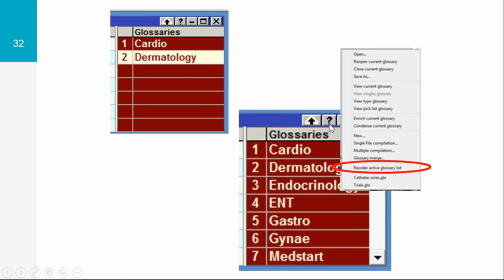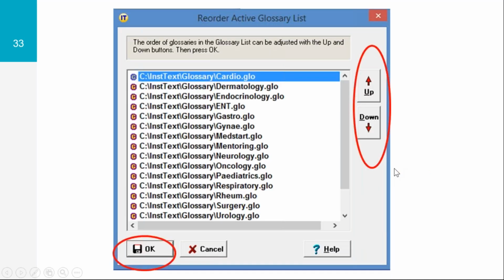So again, I can see 7 on my main screen, and I've added all the rest of them as I need to. I can change the order in which they appear on my screen as well by right-clicking on the glossary list again, and this will bring up this list here. It's a bit blurred, I'm sorry, and select Reorder Active Glossary List. So if you click on that, it'll actually give you all the lists in your glossary that you've got,